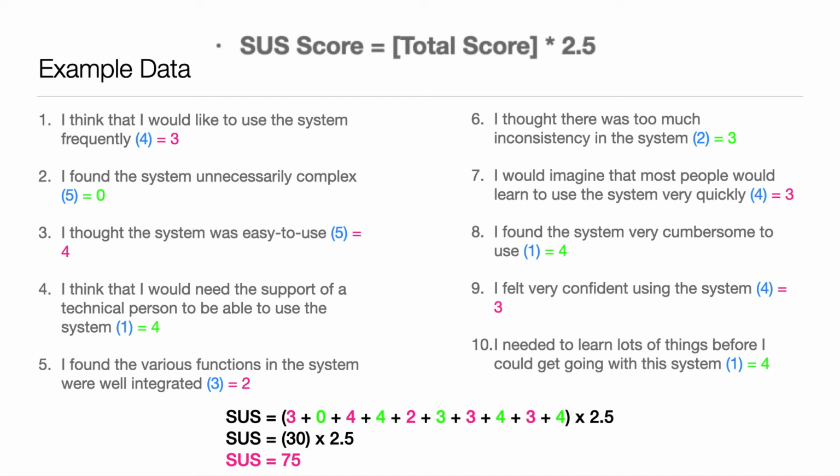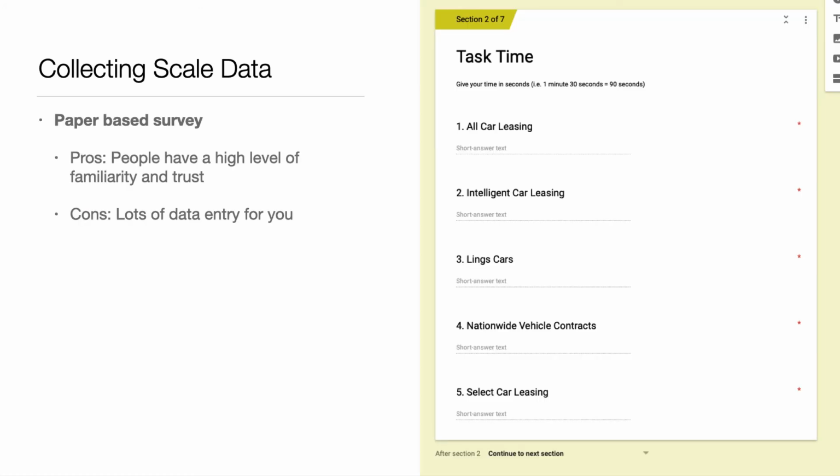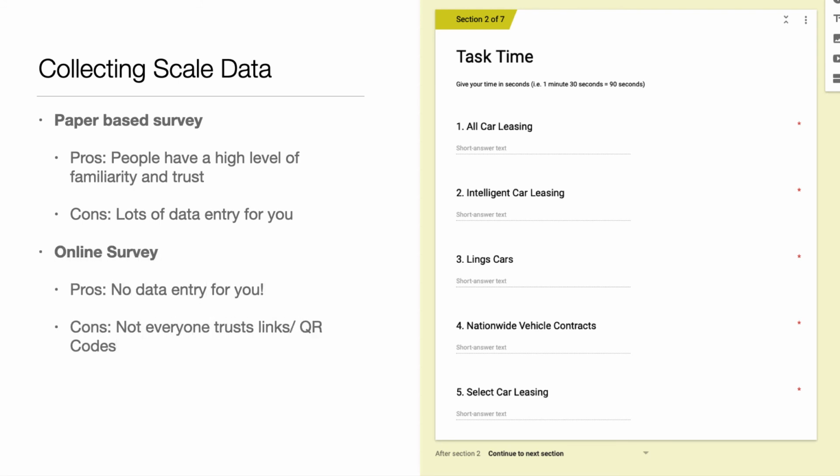But before you go to the next video, I want to say something about collecting scale data. Now, scale data has been collected for centuries. You can do it on paper, so just handing somebody a form and they tick boxes, and that's great because everyone knows what it is, they're familiar with it. We've all got pens around us, and it's very good. But you've then got to do data entry, which is why I don't recommend paper for Likert scales. I always use online surveys. Even if I'm with the person in the room, I'll hand them an iPad with a Google Forms survey on